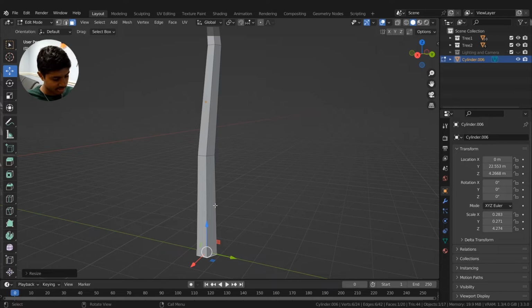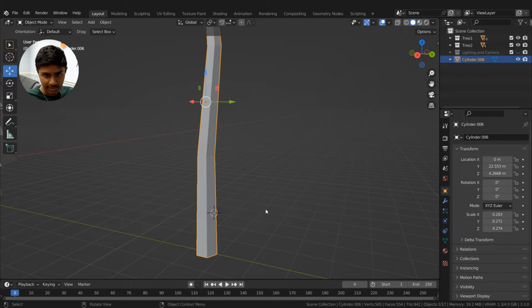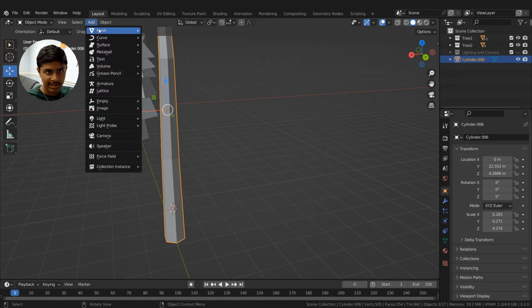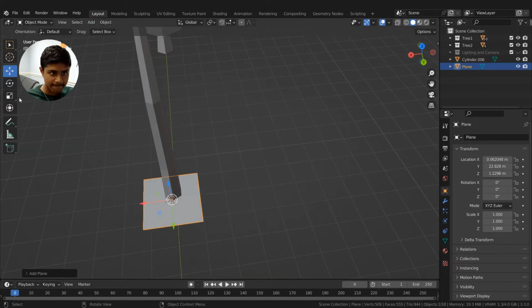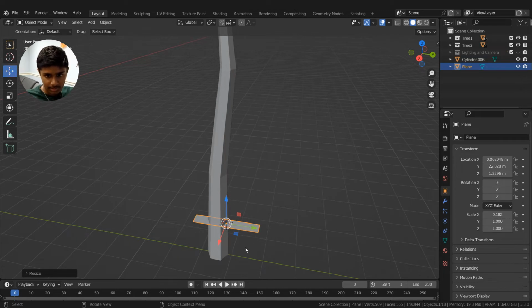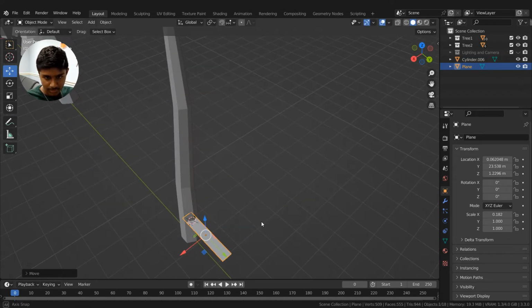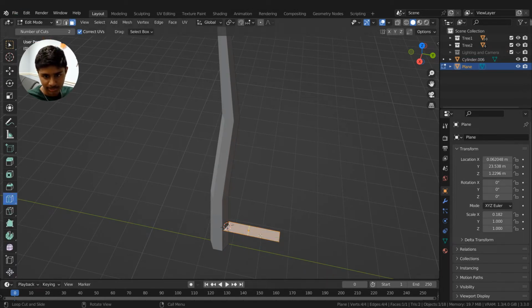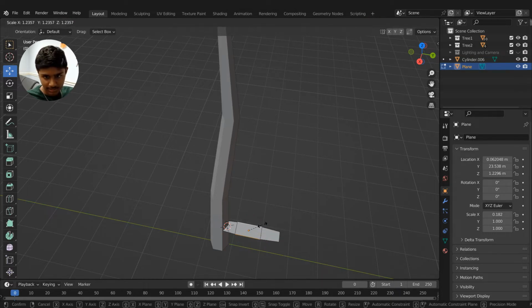in object mode, shift right click, and we're going to move the cursor over here. So now I can add a plane. Now I'm going to scale this plane out, in, make it more thin, and then we're going to bring it outwards, over there. Then we're going to go into edit mode and add 2 loop cuts. And once I have that, I can take my 2 edges over here and scale that out,